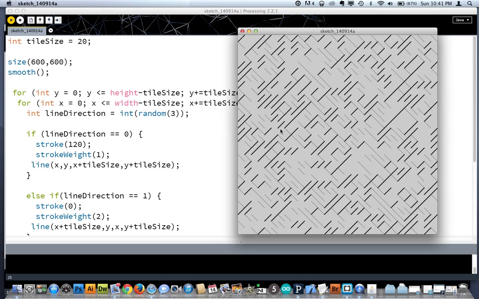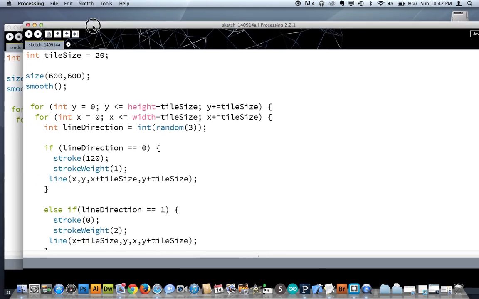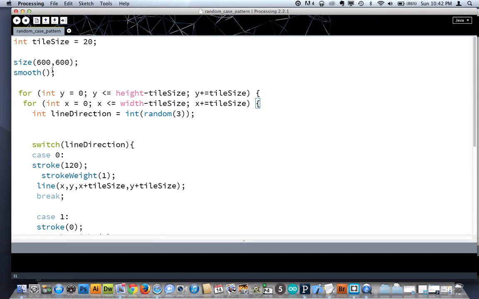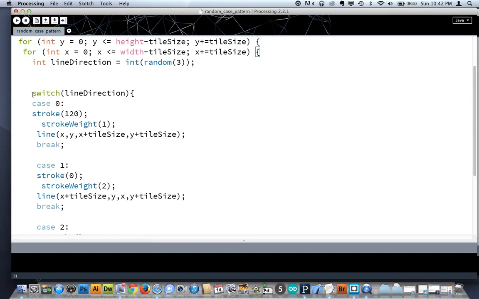Okay, so same thing. Let's look at this different structure though of controlling the flow through this second for loop. Okay, so I'm going to close this down, and so here we're going to look at the switch statements. So everything is absolutely the same except this code down here within here. So the switch statement is here, and I'm using the line direction, which will control how things move. So the first here is the case of 0,